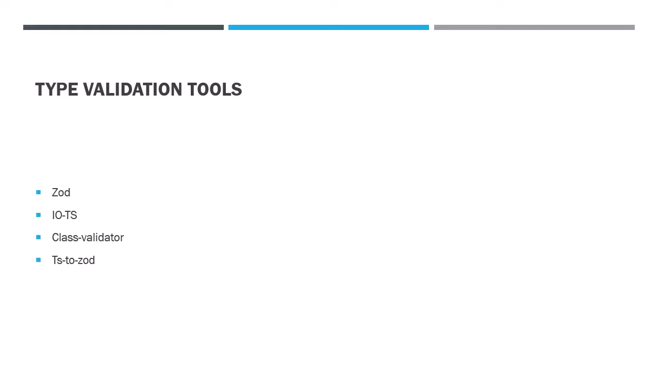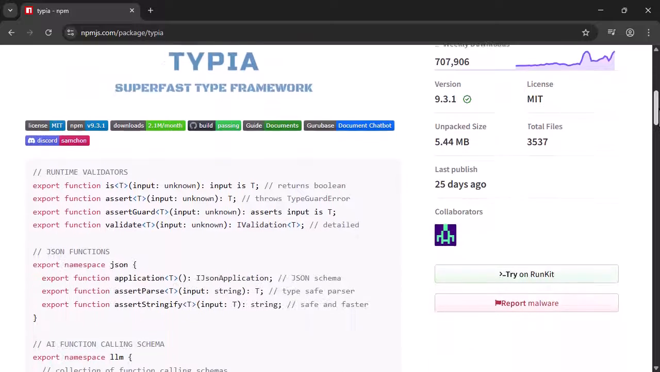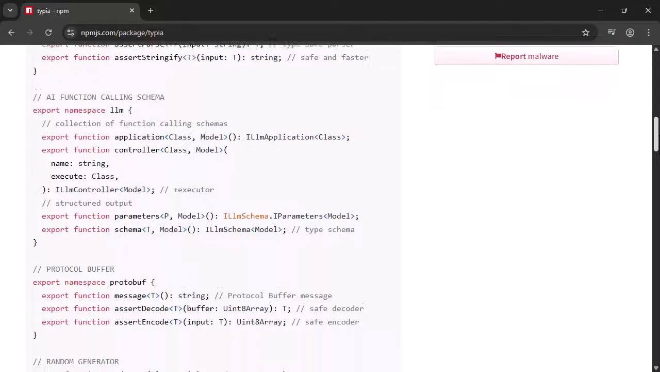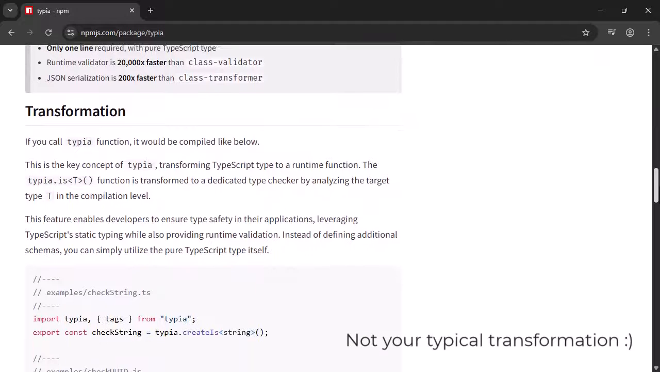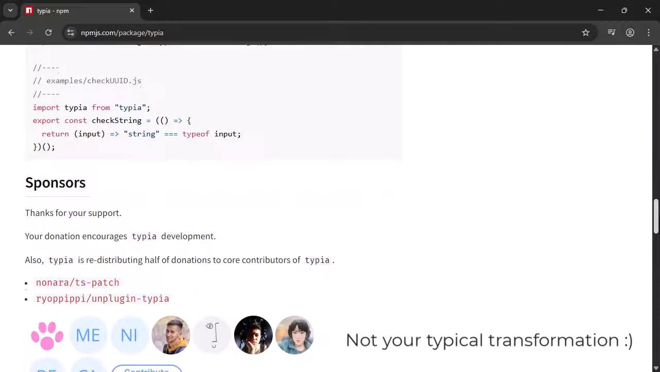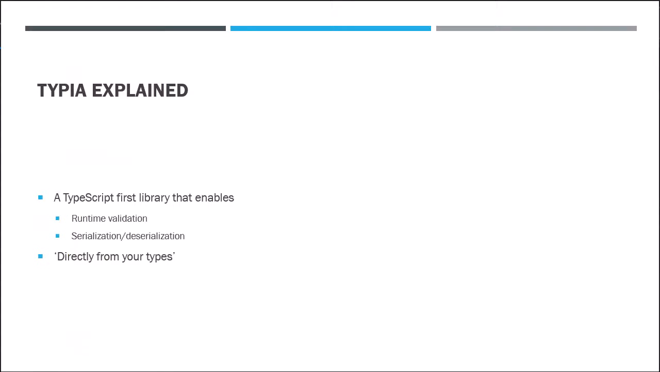What if we skipped all that? Today we are looking at Typia, a validator that uses your existing TypeScript types directly. No duplication, no transformations, just pure type-driven validation. And it's fast, really fast. So let's dive in. Typia is a TypeScript first library that enables runtime validation, serialization, and deserialization directly from your